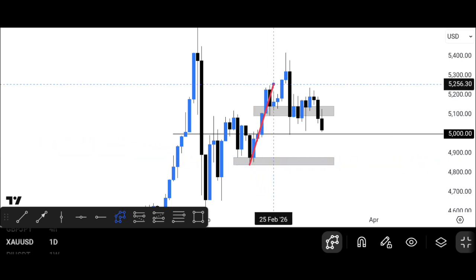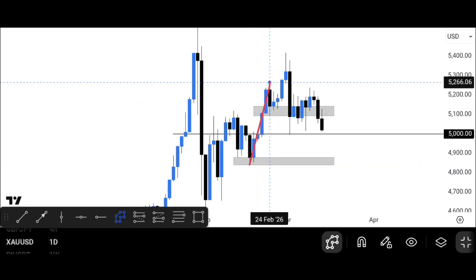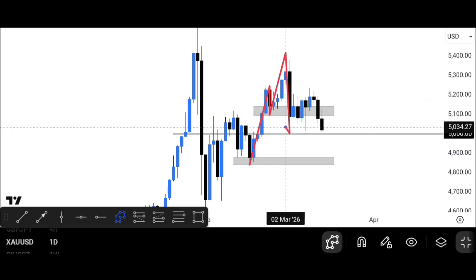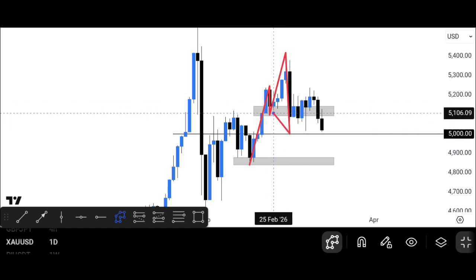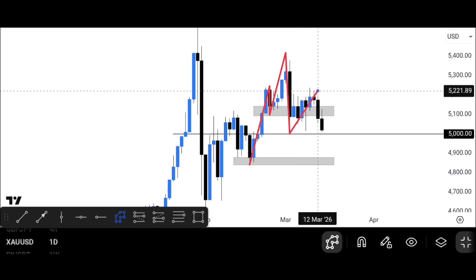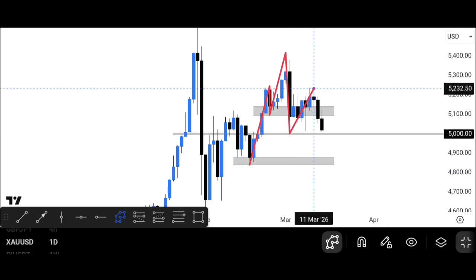So this was a higher high, this is a higher low, this is a higher high. Then look at this. We broke below this last higher low that price made. So this was a higher low, right? We broke past it. So this is a switch of structure. Moving from making higher lows and higher highs to breaking past the last higher low price made. You get? Then we push all the way up here.